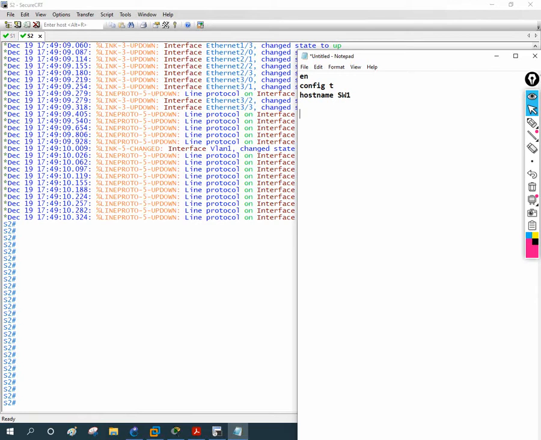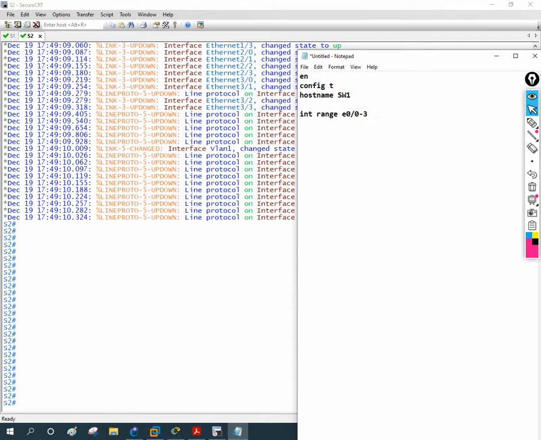Then I will write interface range E0/0-3, which means from 0 to 3. I am selecting the four interfaces with this command.